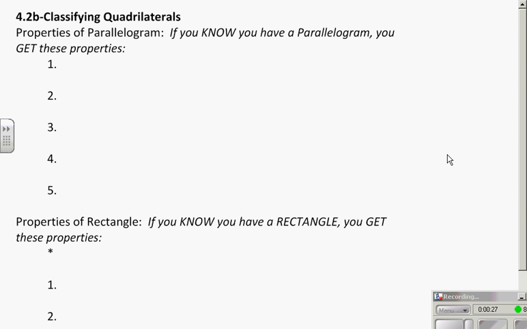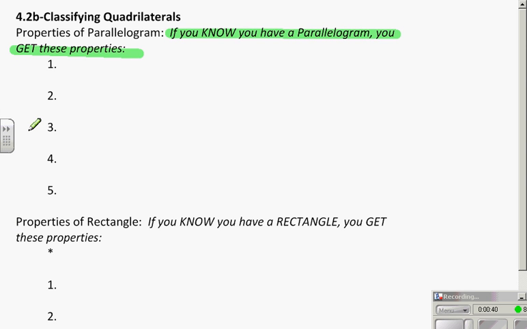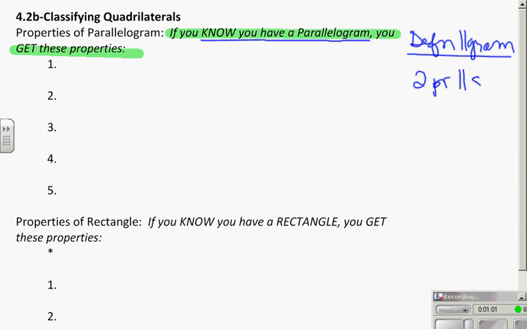And the reason is because they're actually under the properties of parallelograms, properties of rectangles, properties of the different figures. The key here, as I always emphasize, is based on what I know and what I get. You have to know you have a parallelogram for sure before you get these qualities. So just as a reminder, the definition of a parallelogram is two pair parallel sides. Now, if I know that,